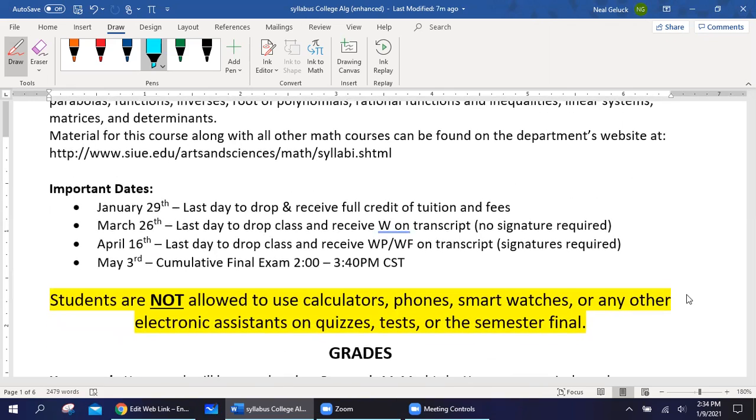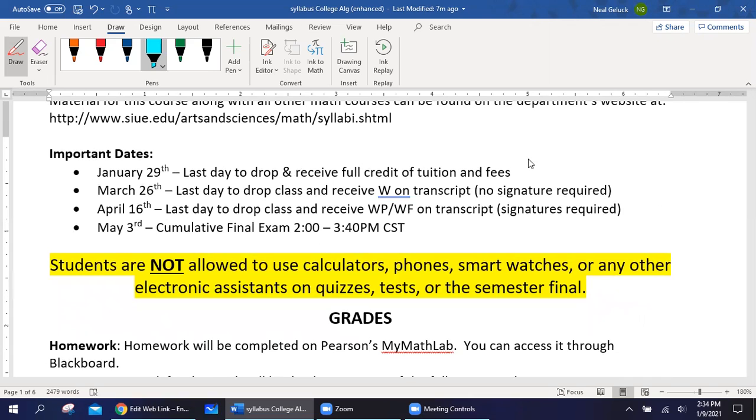Some important dates. Your last day to drop and receive full credit is January 29th. And a very important date is on March 26th. That is the end of the 10th week of class. That's the last day for you to drop the class and just get a W on your transcript. A W means that it will not affect your GPA. It just counts as a withdrawal. You can try to take the class another semester and replace the W with a letter grade. If you do not drop by that day,